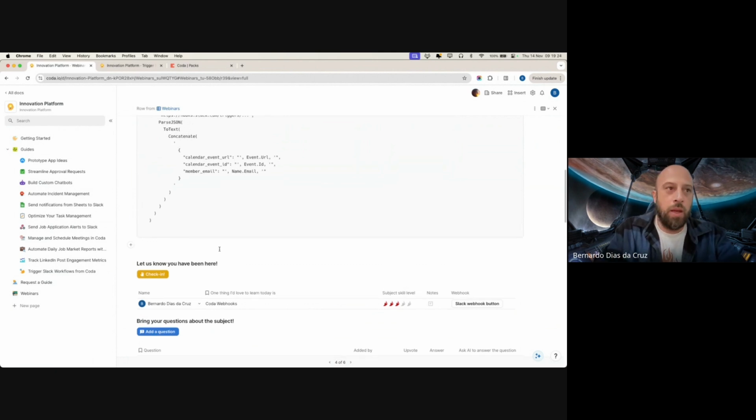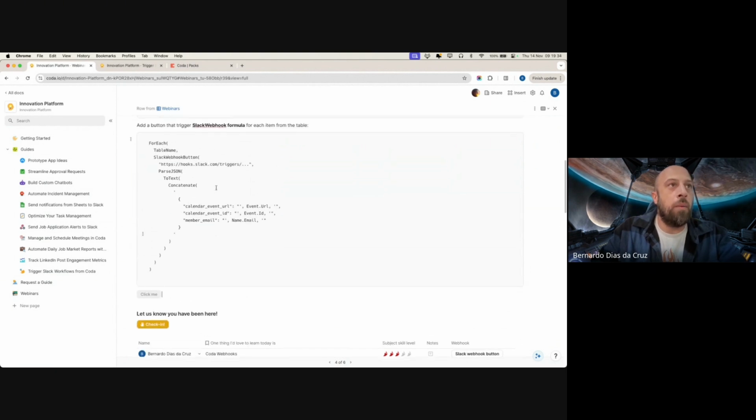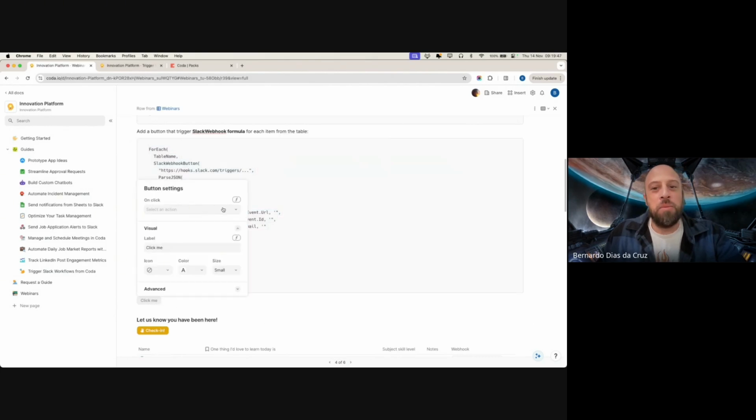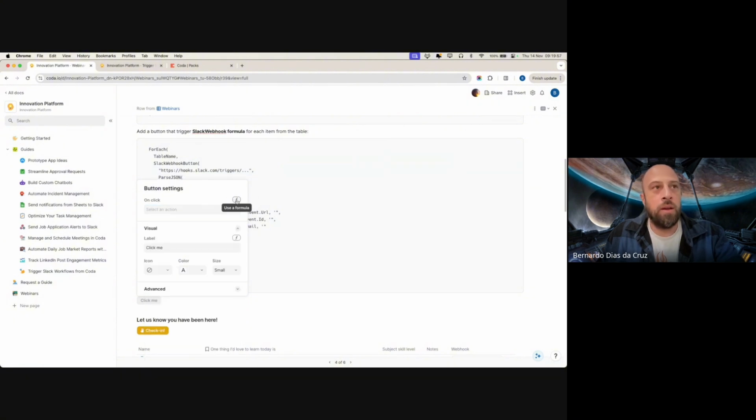I'm going to add a new button here. You can type button and add a regular button, and this is a different way. I'm not going to stick too much on this part because, like I said, I promised this is a no code webinar. But pretty much you right click on the button, and then you have on click. You have a bunch of functions you can use already, but you have this F here, which is use formula, and then you can